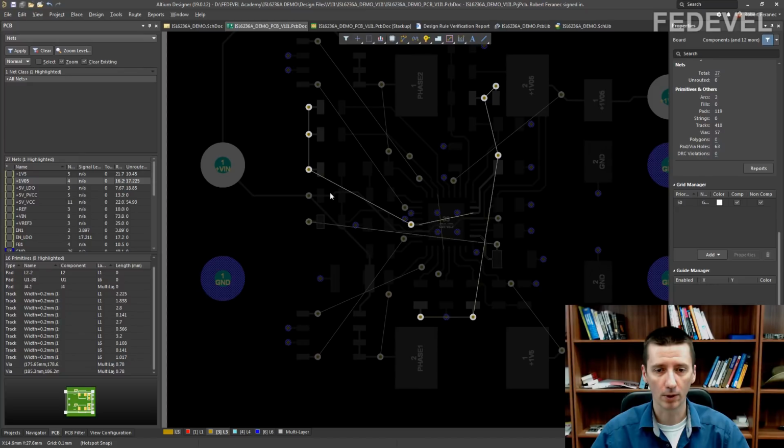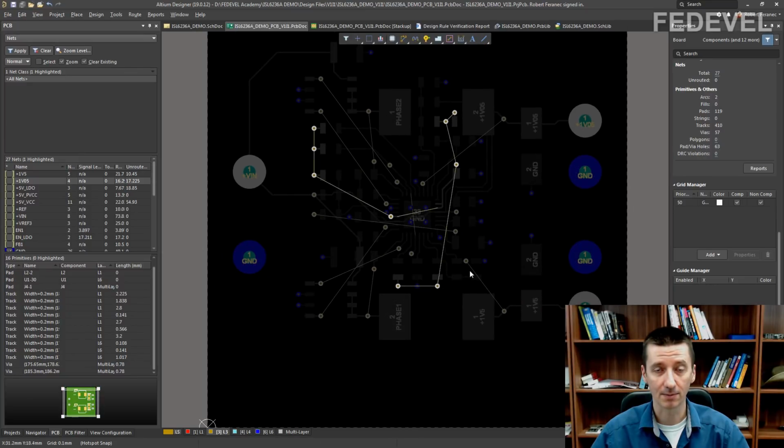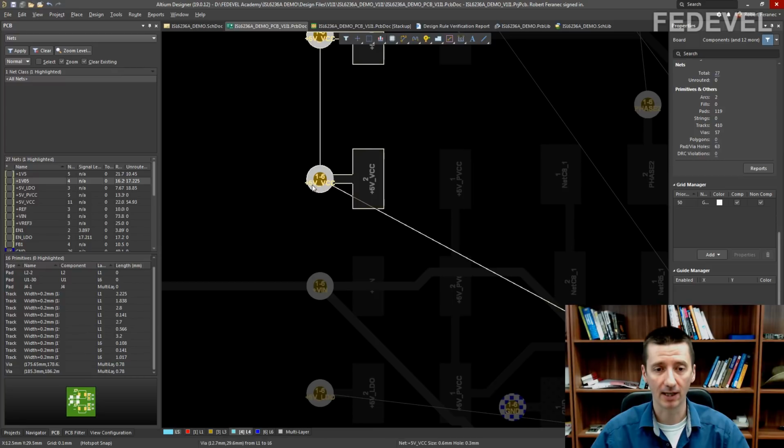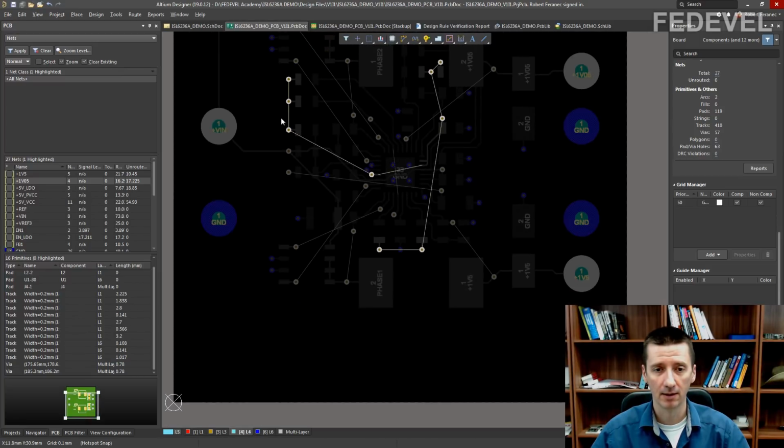Do you remember what we said about this plus 5V VCC? We would like to create a big polygon, a big copper area on layer 4 for this plus 5V VCC net.